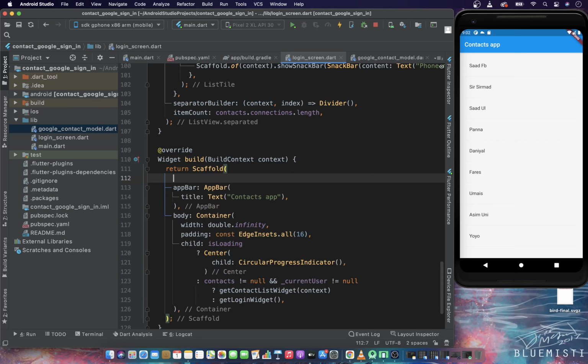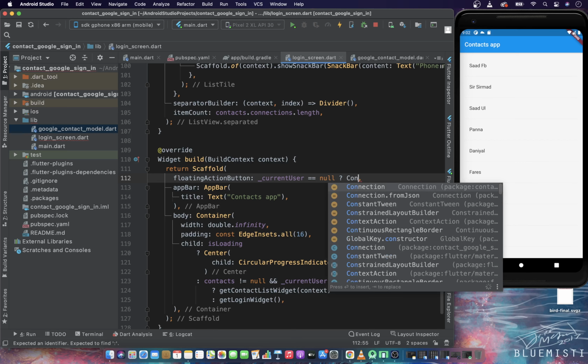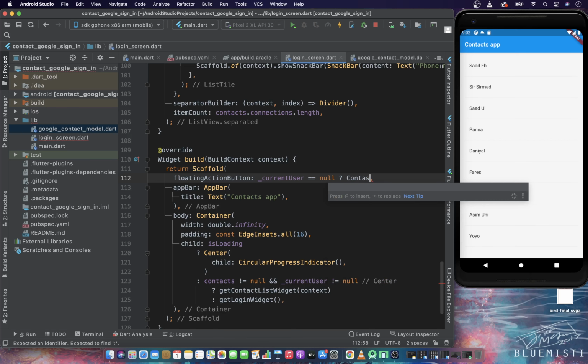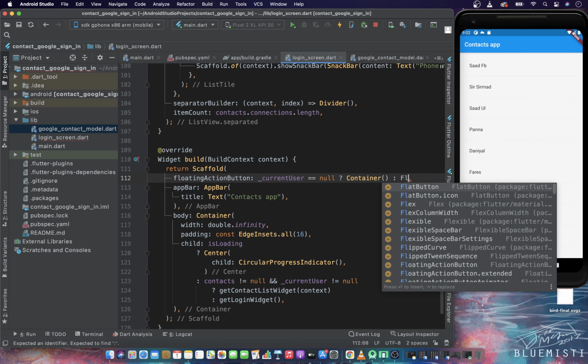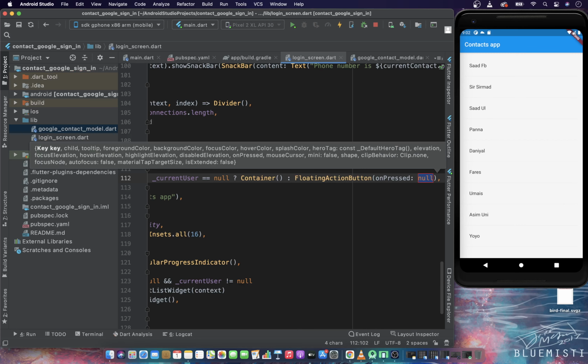So let's have a floating action button, and let's first check if the current user is not null, or if he is null, it means no one is right now signed in, so we can just use an empty container. Else we will show the floating action button. And inside the on press,